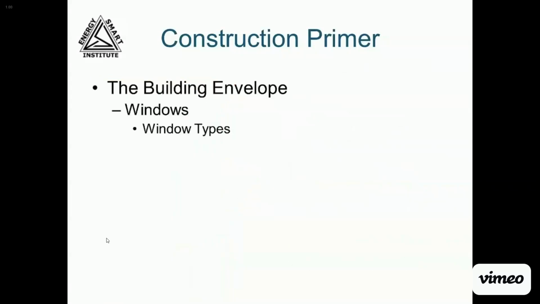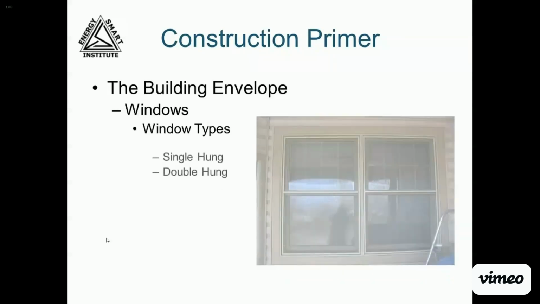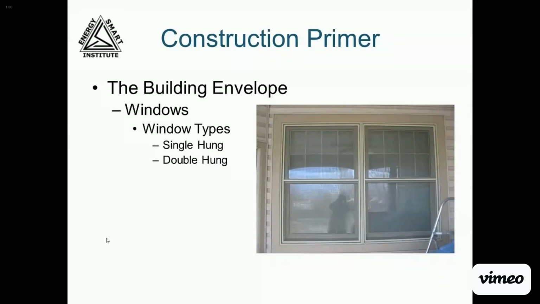Windows have their own terminology and different types and have different considerations when it comes to potential energy issues. Let's review which type is which and what you need to keep in mind. Single-hung windows are windows that have a lower portion that raises or lowers to open and close. Double-hung windows look exactly like single-hung windows, but in double-hung windows, both the upper and lower sash are able to